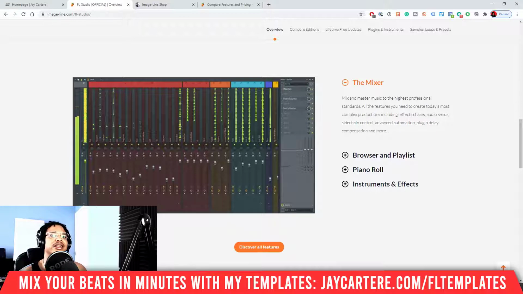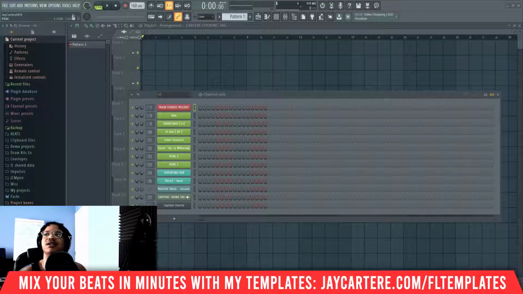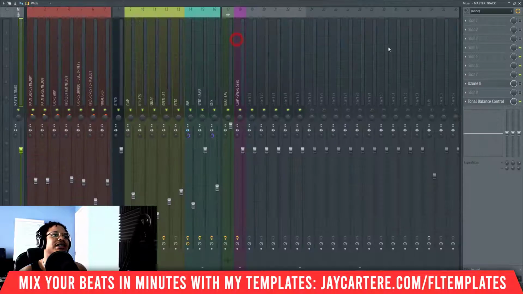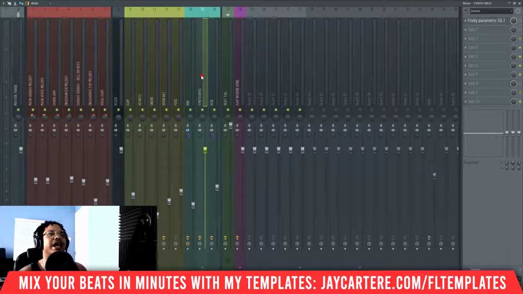Let's actually bring in my mixer from my project. Now, this is my mixer. This is the mixer of my R&B trap template, I believe. And yeah, you can get my R&B trap template on my guitar trap beat mixing template, links down below. The template basically makes your beats half mixed before you even get to the mixing stage, and we've just got a bunch of